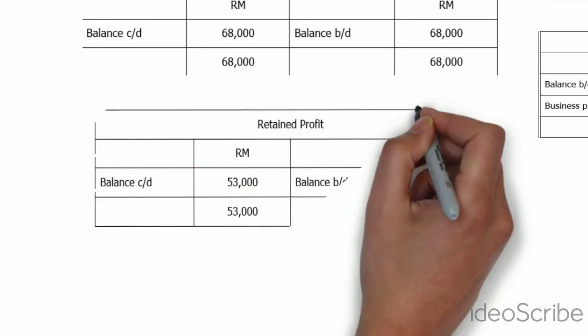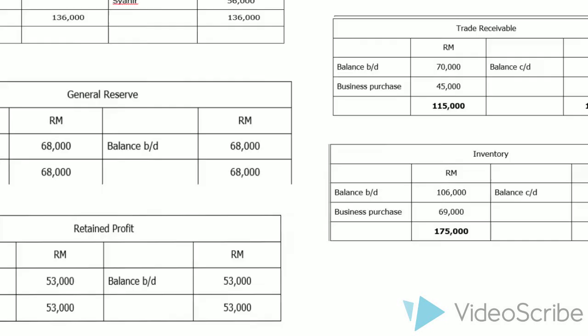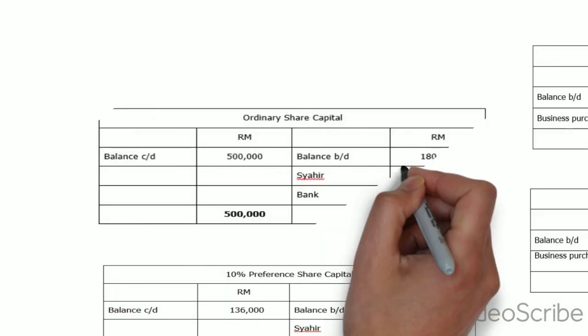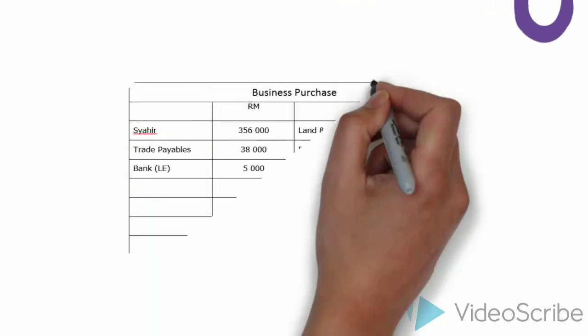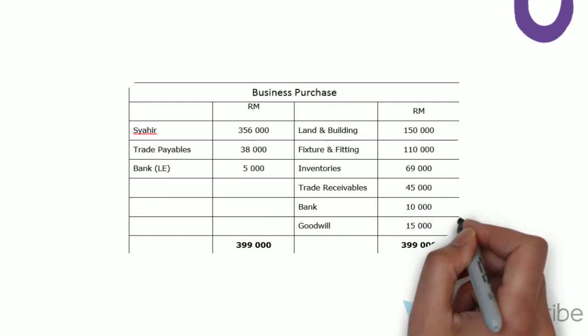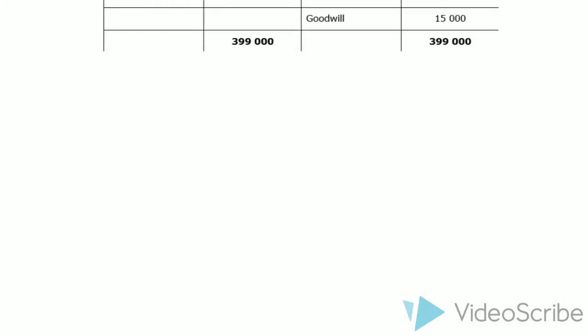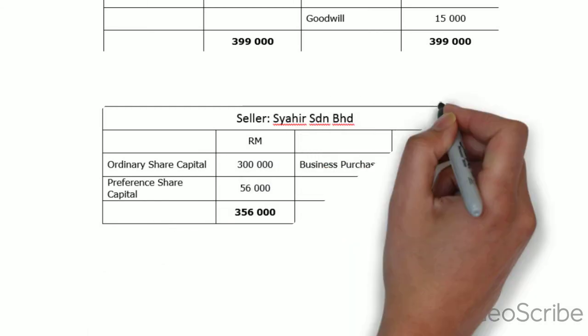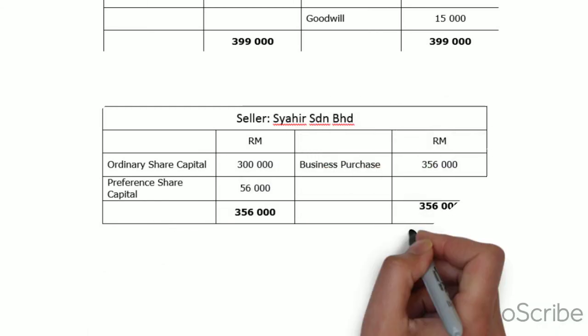When Shahira Sundaram Berhad bought Shahi Sundaram Berhad, he can claim consideration from her. The treatment is similar to the recording of account receivable. Hence, the purchase price of Rm 356,000 should be debited to business purchase and credit Shahi Sundaram Berhad. The business purchase account will be set off at the credit side once Shahira Sundaram Berhad pay for the company